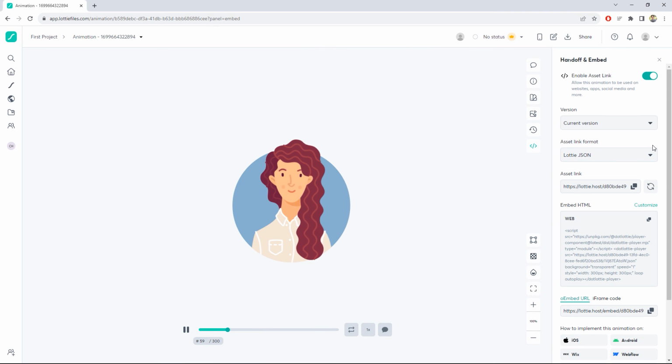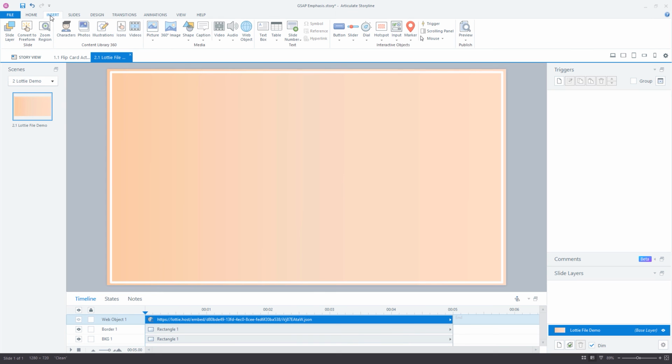Okay, last but not least, let's take a look at how we can swap our animated GIF file for a LottieFile, which is beneficial for the performance gains that can be achieved, particularly with larger projects using many GIFs altogether. To add a LottieFile to a slide in Articulate Storyline, we need a web object which we can draw onto